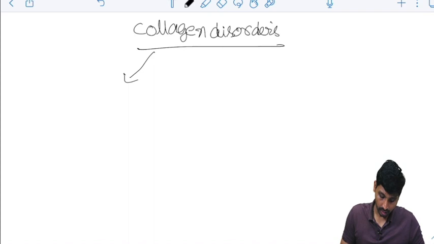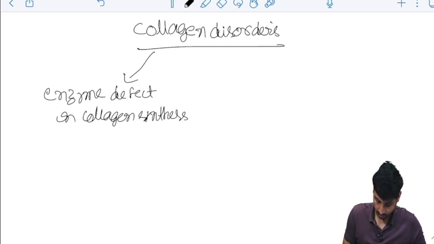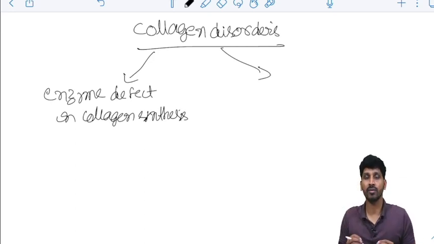One is if there is an enzyme defect in collagen synthesis, and the other one, collagen synthesis is absolutely fine, but because of some misguidance of immune cells in our body, there are